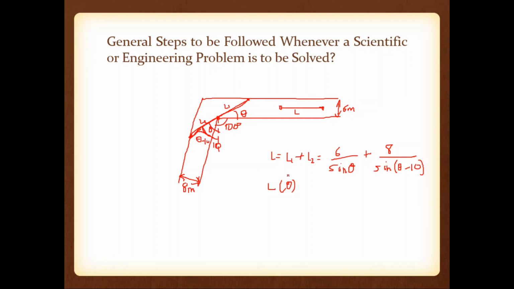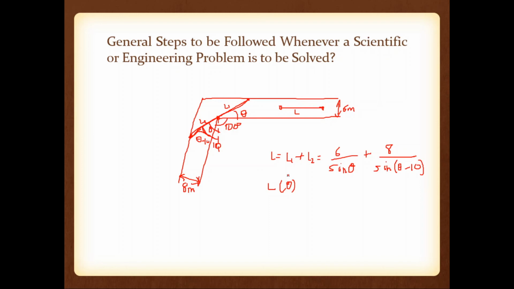So here two steps we have already explained. Now we are going to discuss the general steps to be followed. The first step is that we have an engineering problem, a situation. What is the situation? We have a road, and through that road we are bringing a ladder. Three parts are very important. One, we have to state the engineering problem clearly.